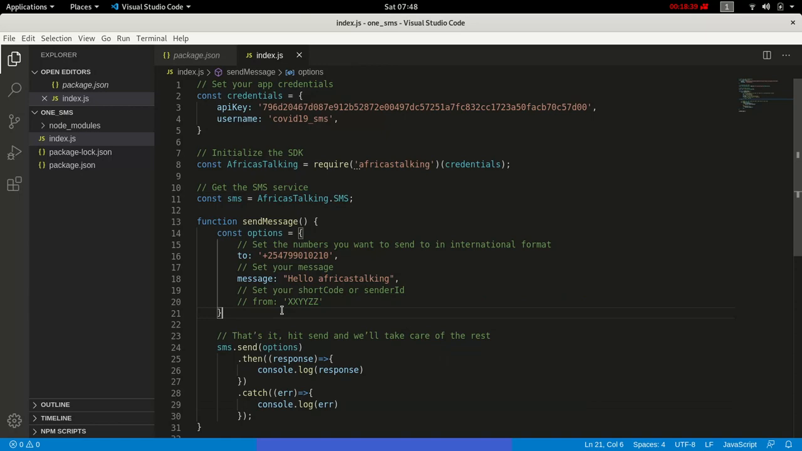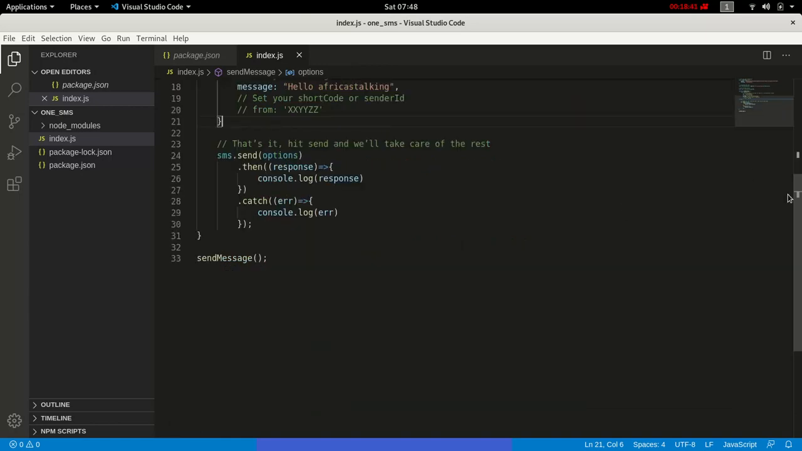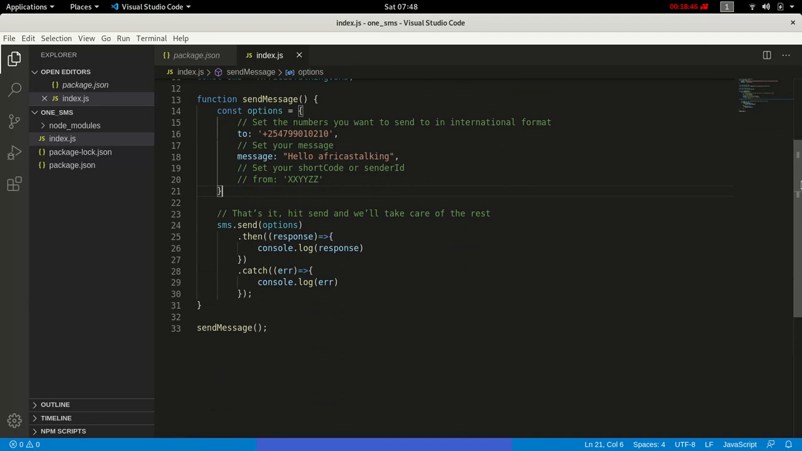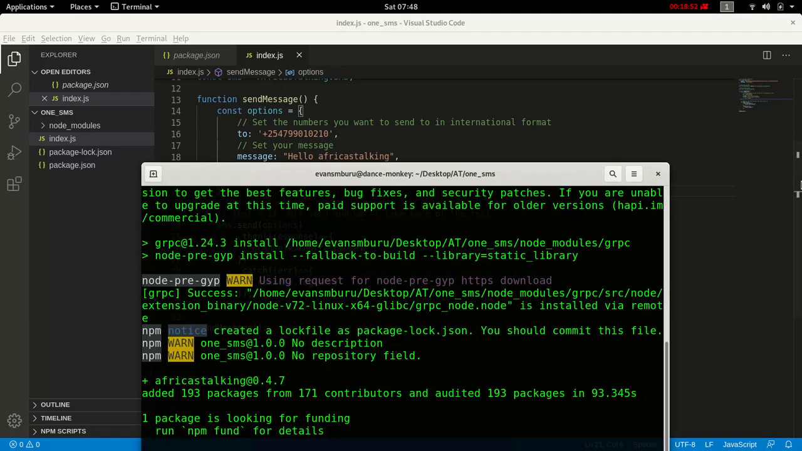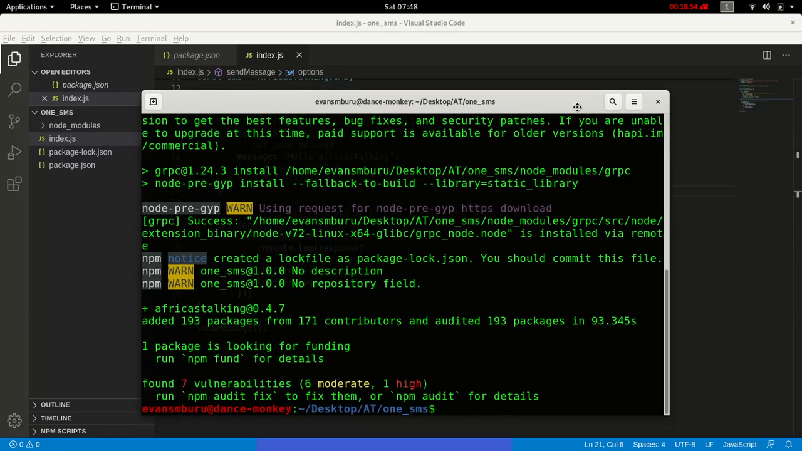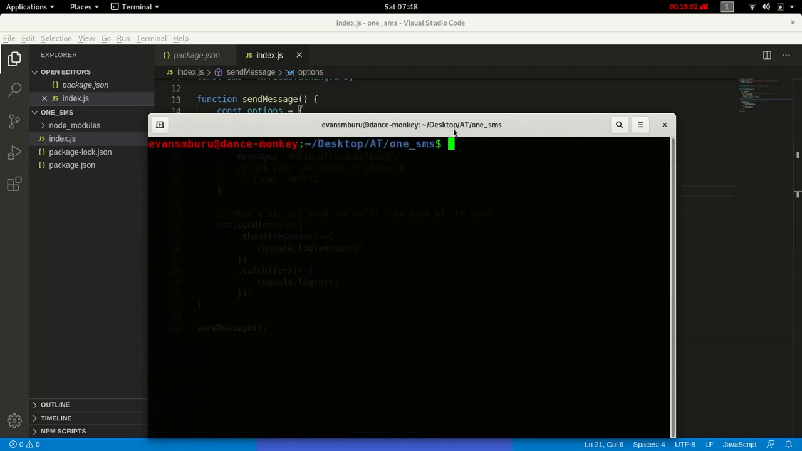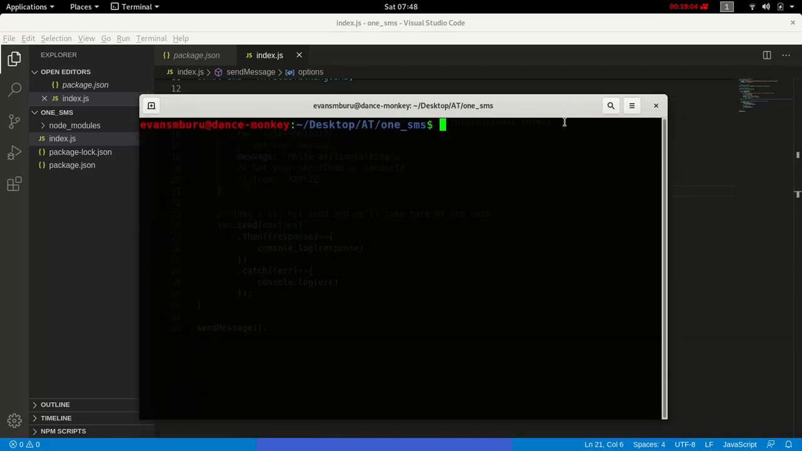So if you run all this program right now, it will send an SMS to my phone. So let me do this right now. So npm install, no, I'm using nodemon. Let me clear all this stuff. So let's say, I hope I have nodemon. So nodemon,